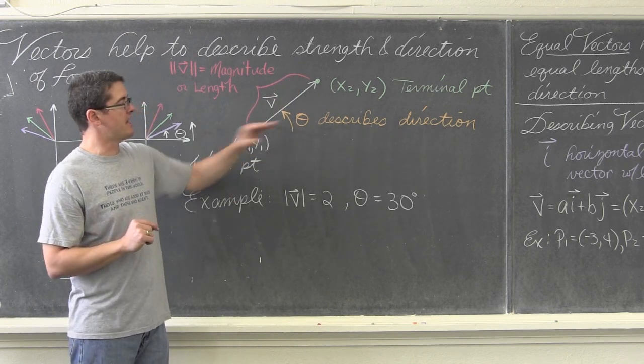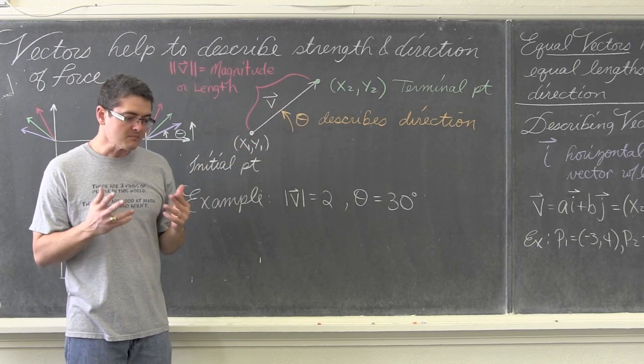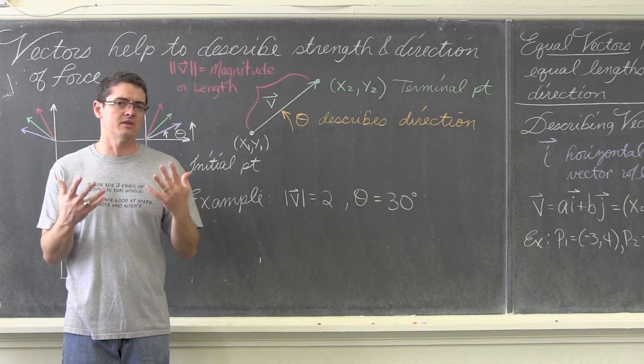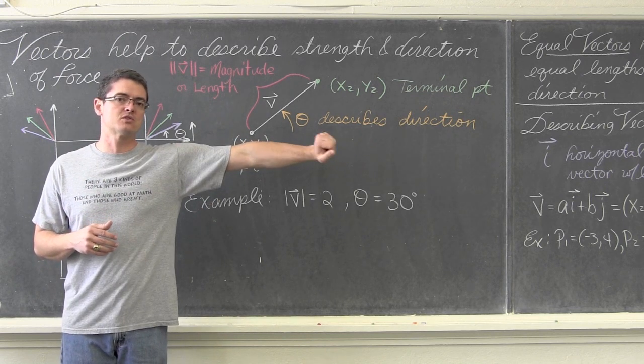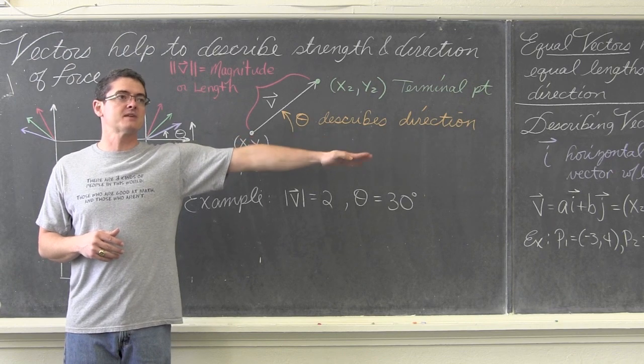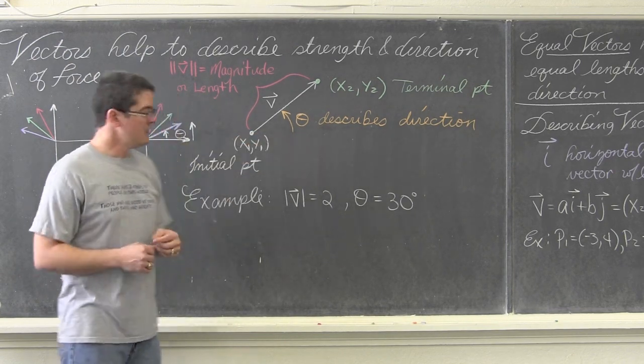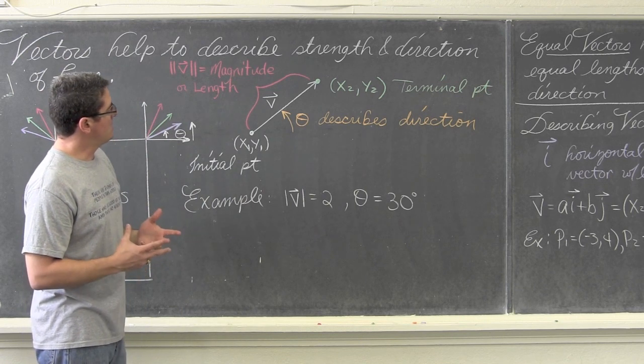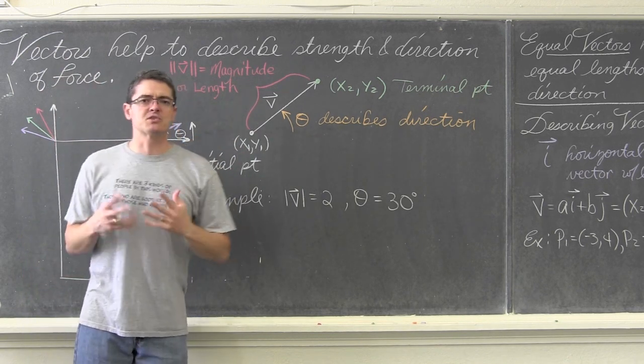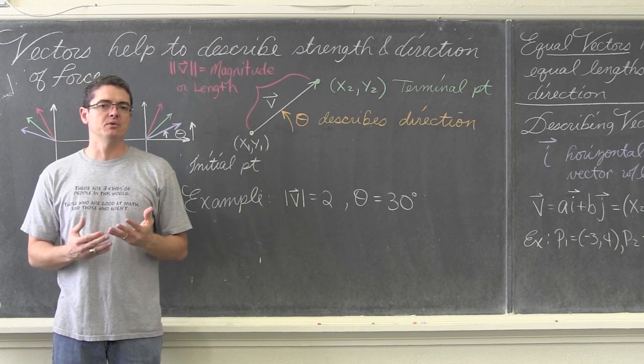But that direction is going to be the same as we describe rotations in trig, where it's a standard position rotation, where you start at the positive x-axis and you rotate counterclockwise to indicate a positive direction. And we do like vectors to be described in terms of magnitude and direction.